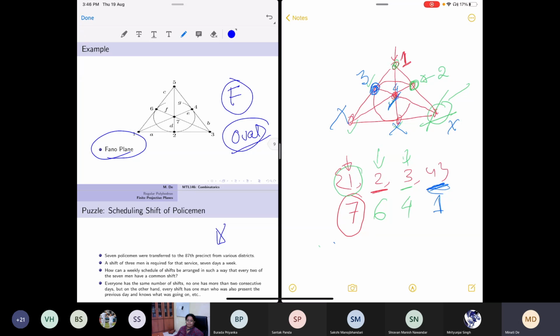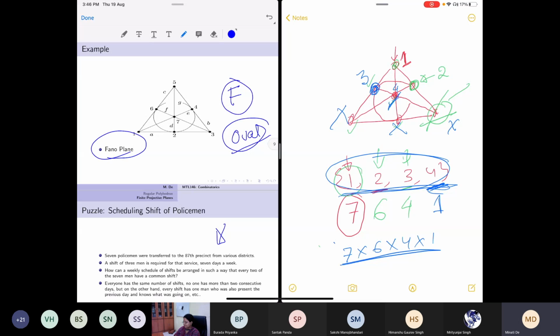Every oval will be counted 4 factorial times. Right, in this way you can see that I have maintained one order. So 1, 2, 3, 4 is counted how many times in this counting? If you are just multiplying blindly 6 times 4 times 1, then in that count, for this vertex combination 1, 2, 3, 4,